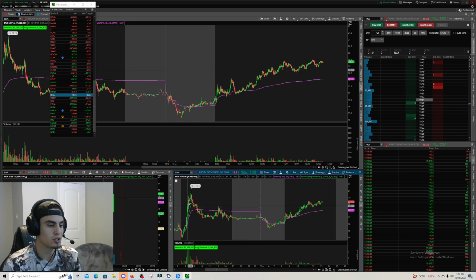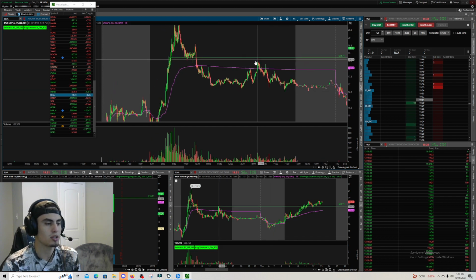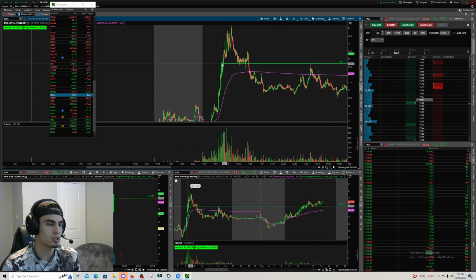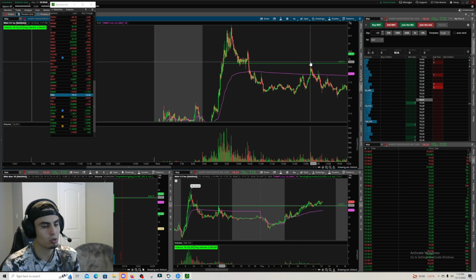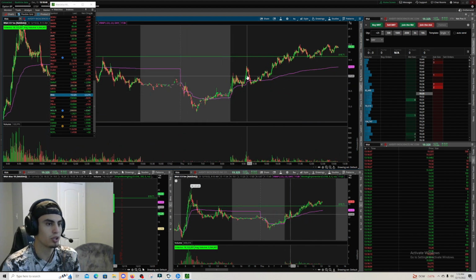Kind of looking at yesterday, so if I go look at yesterday, you kind of see this random spike on RNA, and if I draw the line there and look left, that's exactly where it consolidated, made a run, pulled back down exactly where it was consolidated, flushed through that level, came back up, couldn't hold that level, rejected, right? And so this morning kind of had a few spikes, sold off, few spikes, sold off,